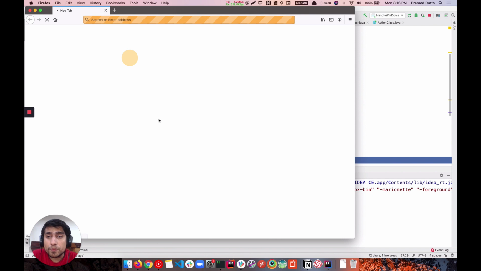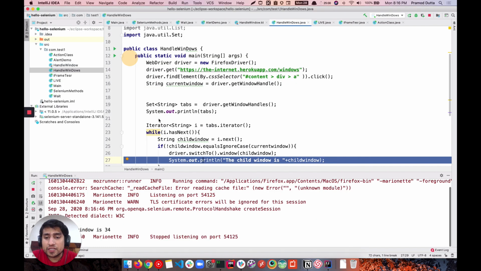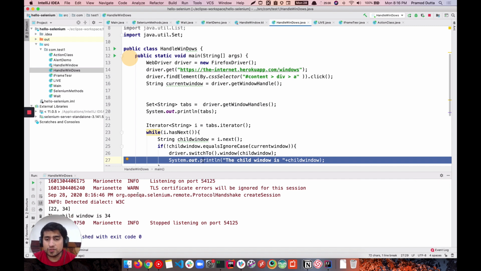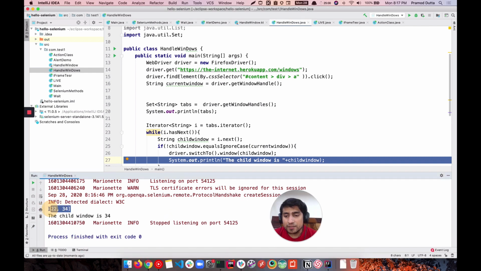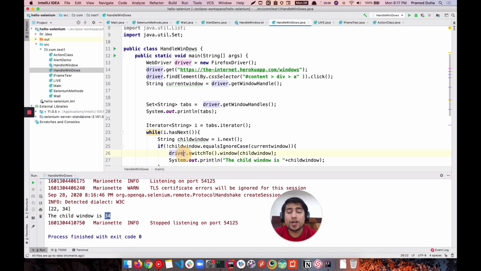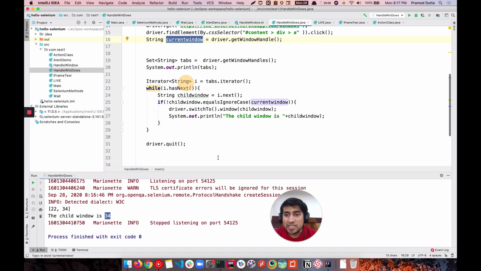So we're basically going to open the URL now, and after that we'll click, and if you see it, we have immediately clicked, and you will see, right? So here, if you see right now, it is returning some random window handles, 22 and 34, which are the unique window handles, right? And we have switched to 34, which is the second window, which we call the child window, right? The first window was the current window. If you want to switch back, you can use switchTo().window, and you can use 22. It will switch back to the first one, right?